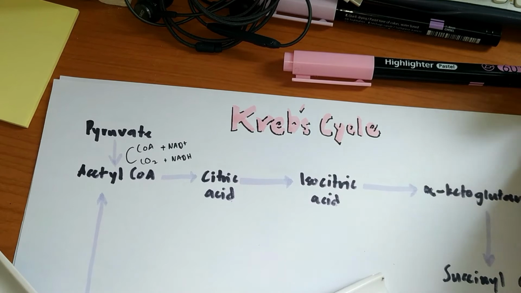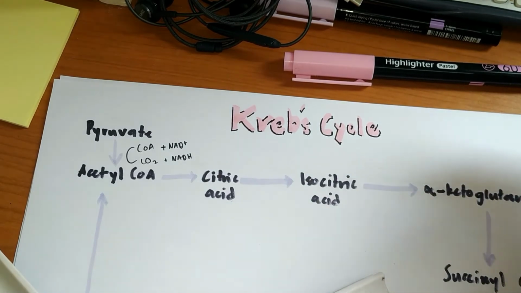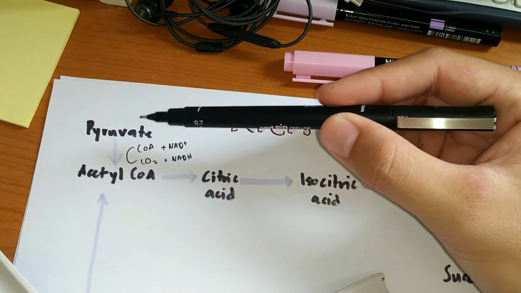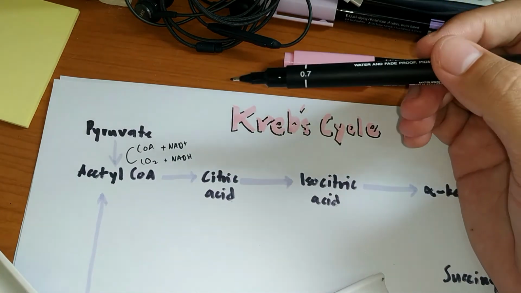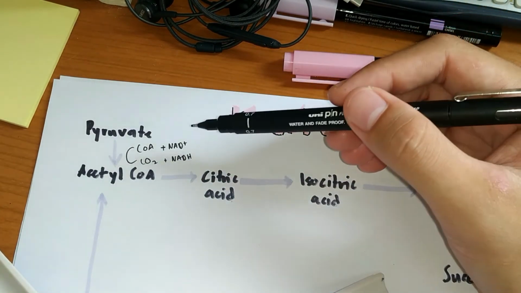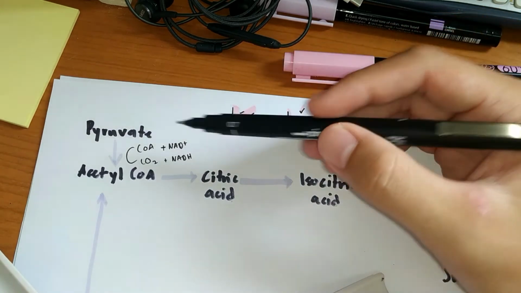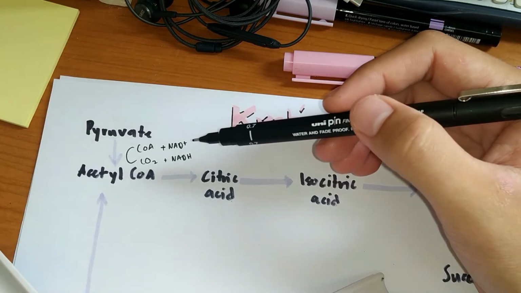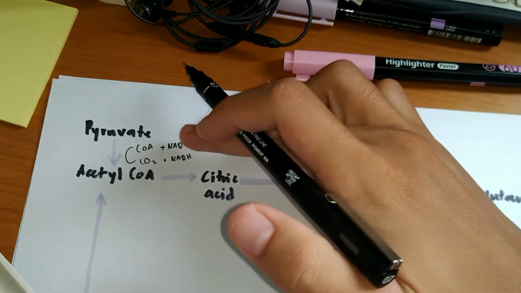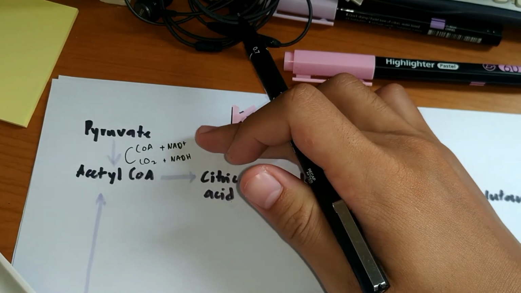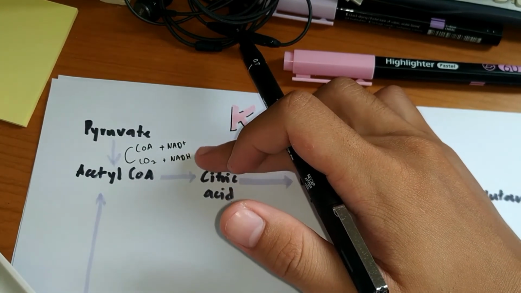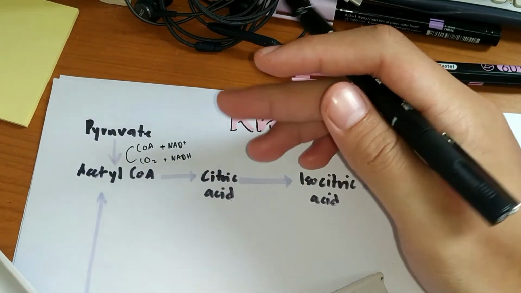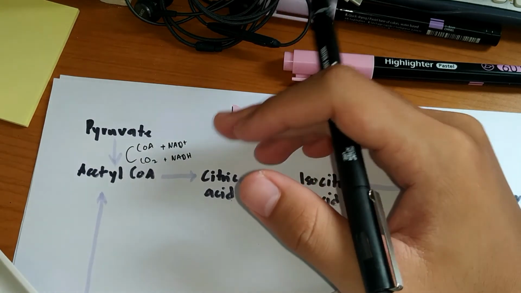This video will explain the Krebs cycle, also known as the citric acid cycle. In this cycle, the reaction starts with the conversion of pyruvate into acetyl-CoA. This reaction involves the removal of carbon dioxide, and during the removal of carbon dioxide, energy is given off, and NAD+ is converted into the higher energy NADH form. Coenzyme A will attach to the remaining 2 carbon unit, which is the acetyl, to